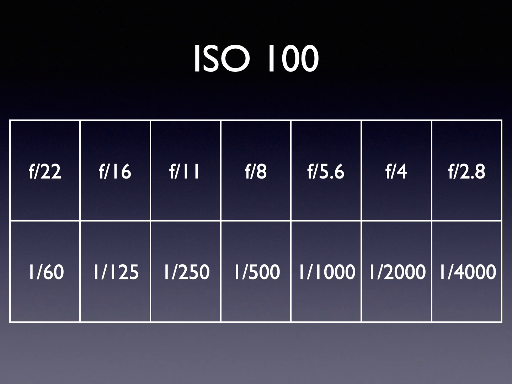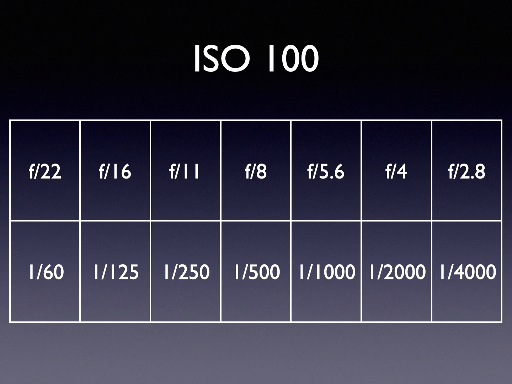So, why do you need different ISOs? There's only one correct exposure for a film or a sensor, and if you only had one choice of ISO, you would be limited to these kinds of f-stops and shutter speeds. So if you wanted to use a 500th of a second, you would have to use f8. If you wanted to use f22, you'd have to use a 60th of a second. But a 60th might be too slow for some uses with some lenses, and